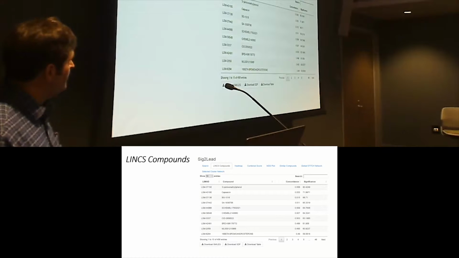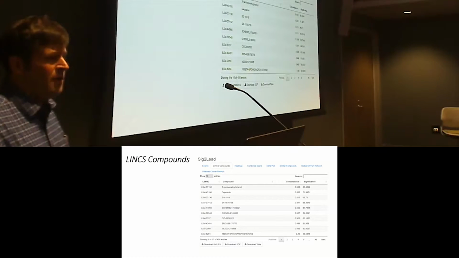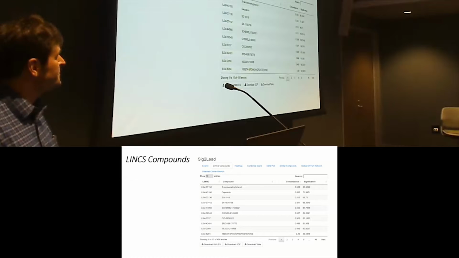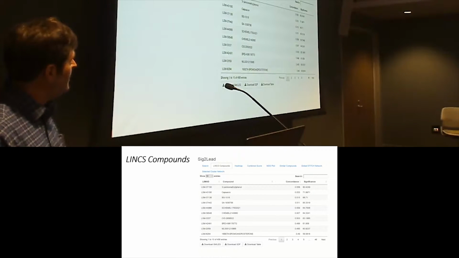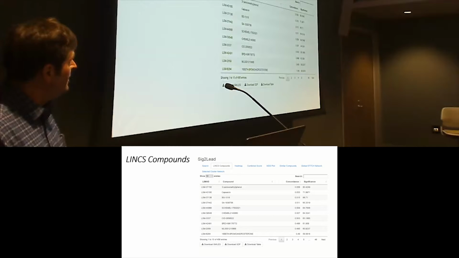The implementation is currently written as an R Shiny app, so it requires R and RStudio, and I'll show you how to download that in the demo. Essentially what we have is a search. Up here in the upper left, we have a search tab where you can input the gene. We have linked compounds, and these are the concordant compounds that come from there. We have a heat map, a combined score, a multidimensional scaling plot, similar compounds, global STITCH, and I'll go into